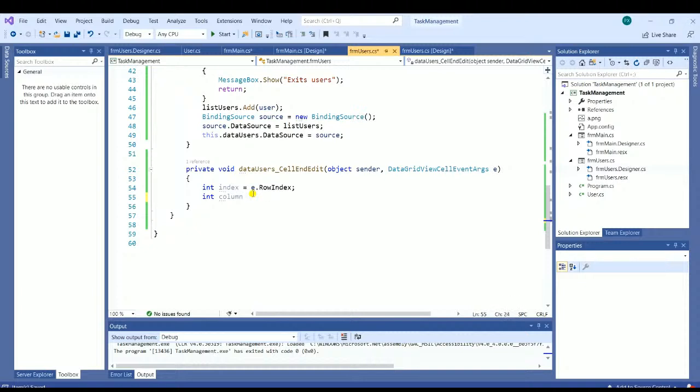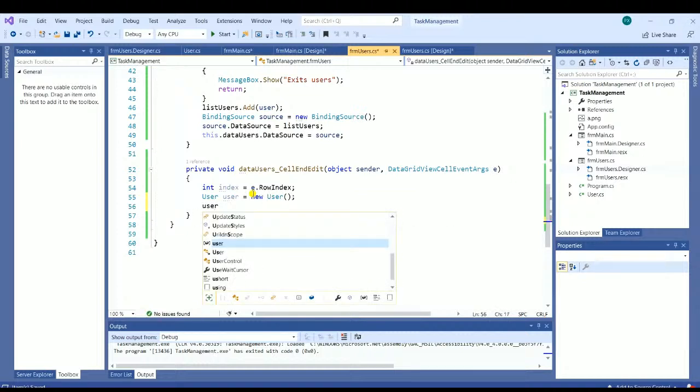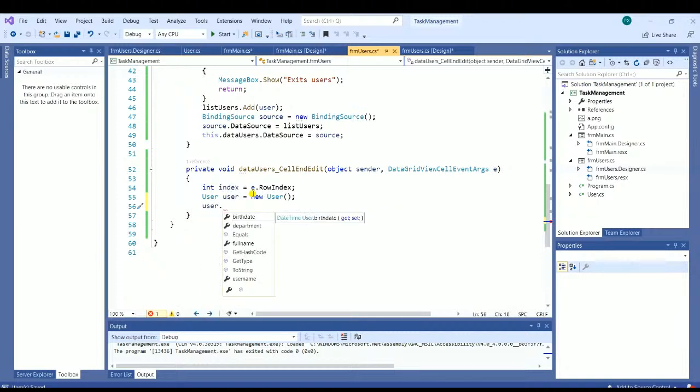So here I change is user, create users, user equal new user, username equal c username